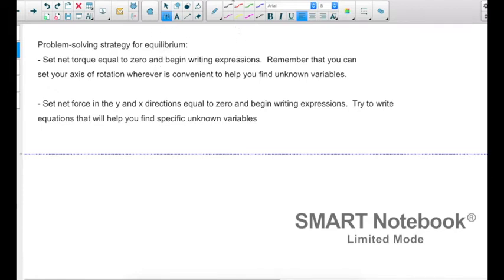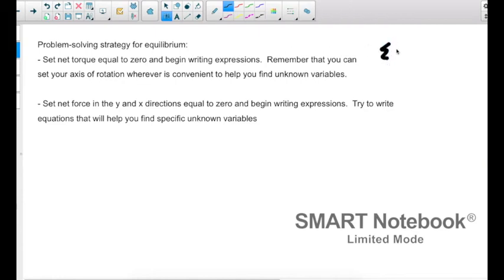Before we do some example problems, I really do want to give you the problem-solving strategy for equilibrium. It's really nothing new. It's what we've been doing for a while now. So the problem-solving strategy is this. Typically, you're going to start with torque first. It really doesn't matter, but you're going to look at your physical scenario, and you're going to just set the net torque equal to 0,